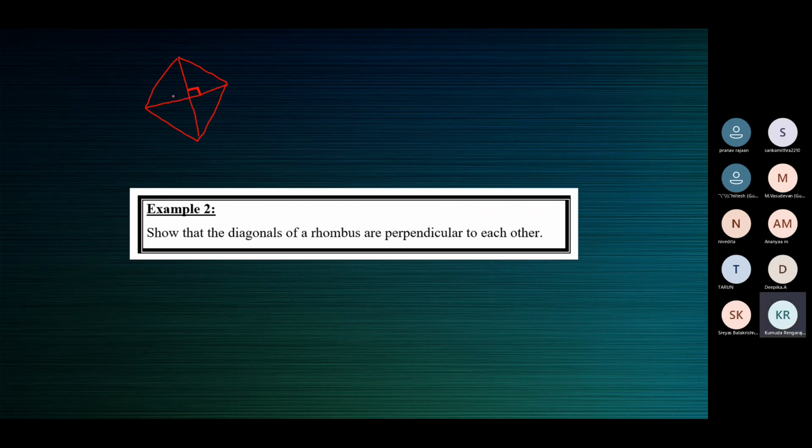Now, take up any two adjacent triangles, say like this one and this one. Any two adjacent triangles you can choose. Prove that they are congruent to each other. Step one, take up any two adjacent triangles, triangles next to each other. Prove that they are congruent. So now we prove that these two triangles are congruent.